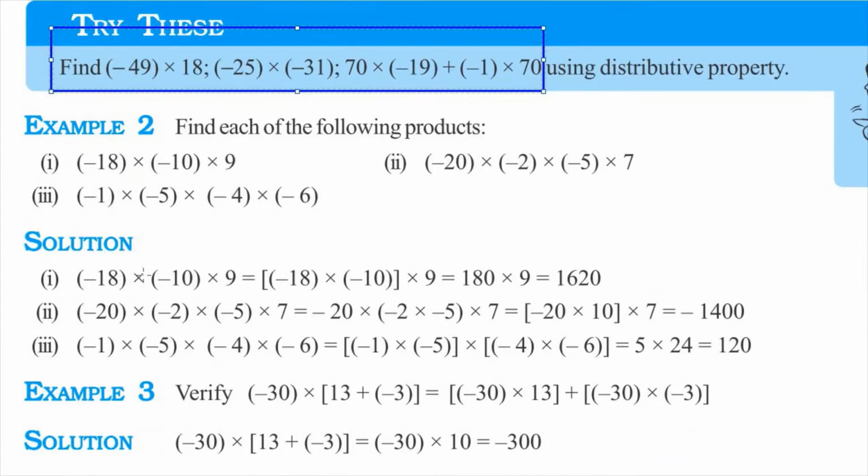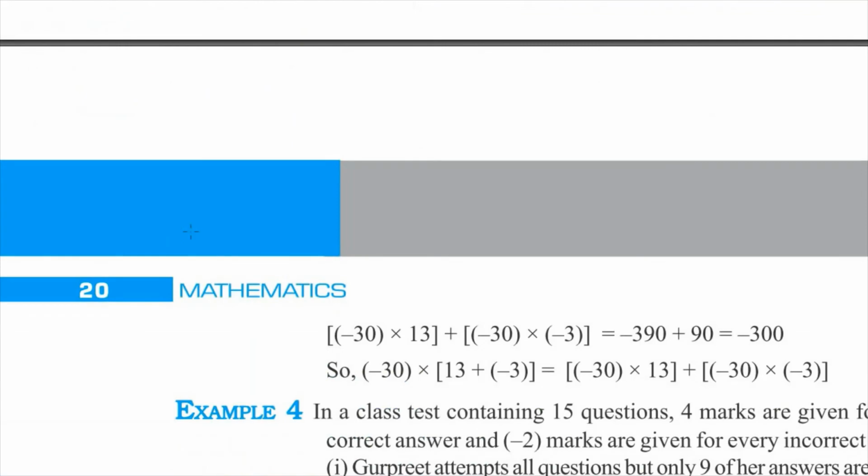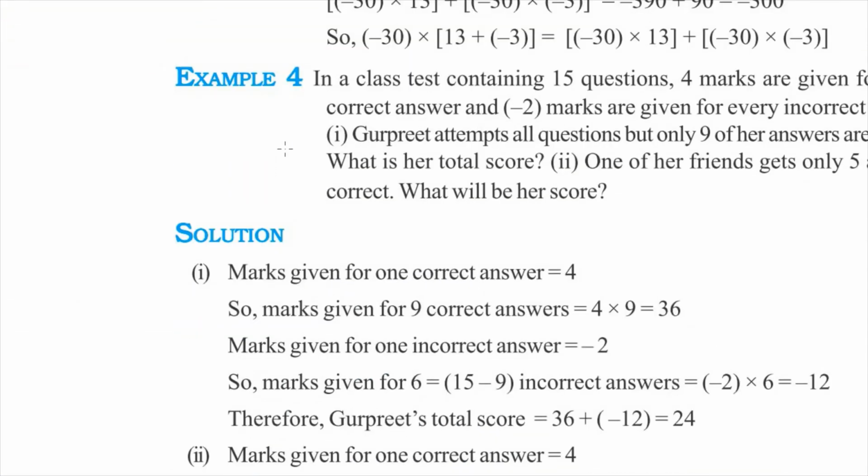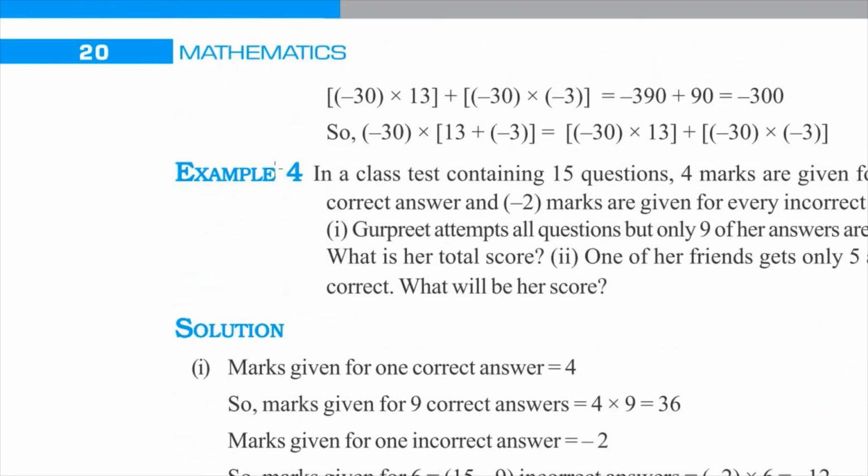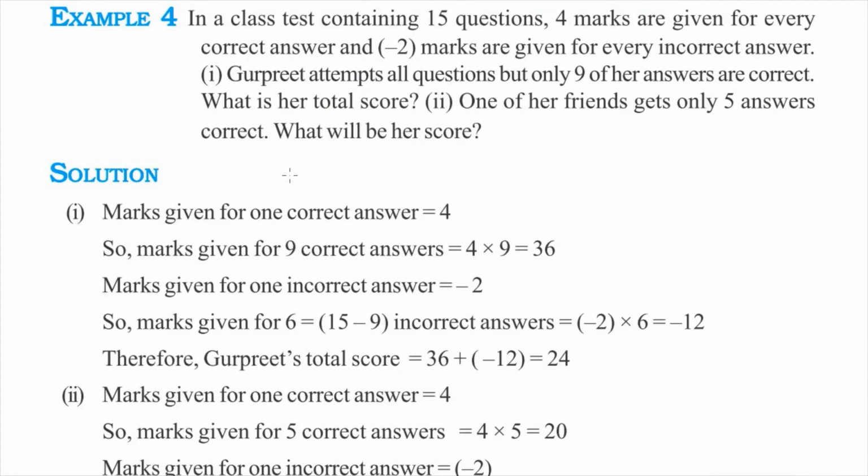Also, we have more examples given down below. All of these are of the concepts that we learned in this lesson, including commutative, associative, and distributive properties. So go ahead and take a look at these examples. We will concentrate on the example 4 and example 5 before we move on to the exercise problems. So here is example 4. I will take you through these briefly before we can go on to exercise 1.3 in the next video.